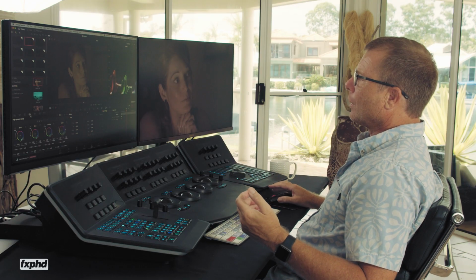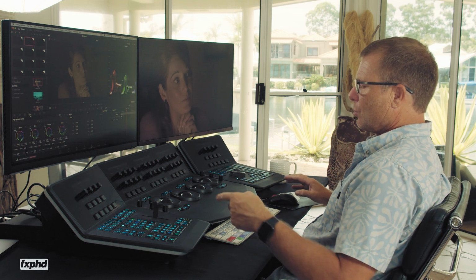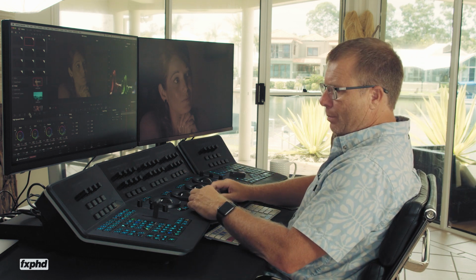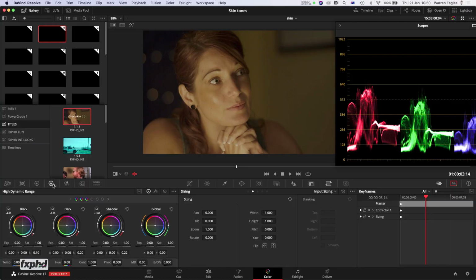And what can we do? Well, let's look at the new HDR tools. Now I'm using obviously the new panel with the new keycaps here. The new HDR tools, you don't have to be using an HDR project to use them. I am in a color managed project, and I'm going to just use my new low global grade just to pull a little bit of that warmth.